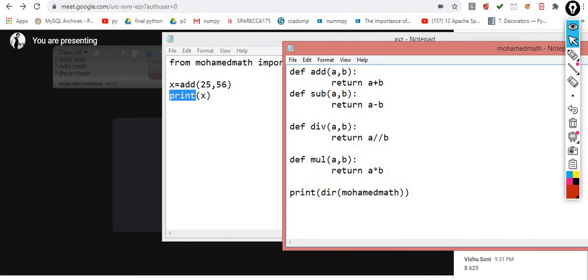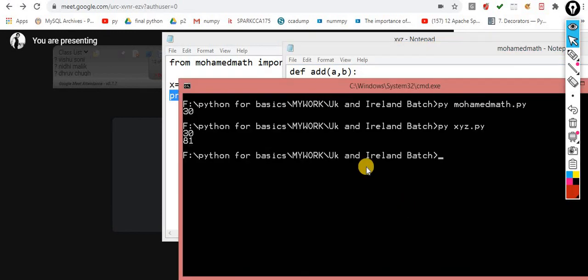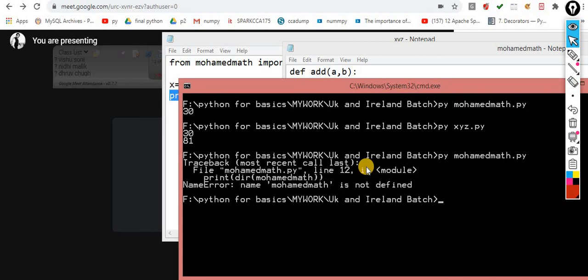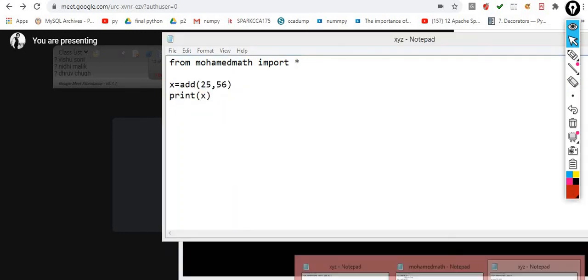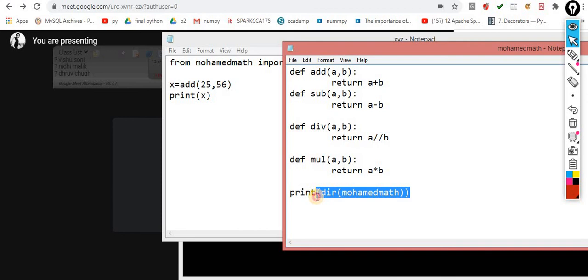Let me execute it. When I execute it, it says Mohammed math is not defined. One second. I think this would not be available over here. So I am calling this function inside the Mohammed math module, add 10, 20.